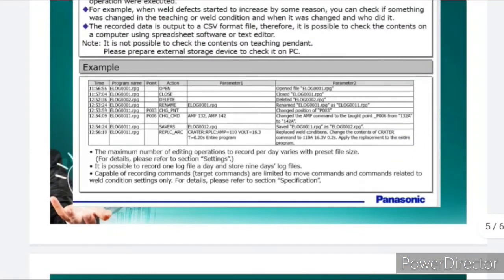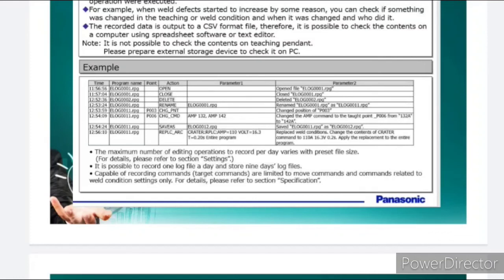As an example, the time is 11:56:56. Program name is ELOG001 and action: open, close, delete, rename, and these are the actions. Parameter 1 and parameter 2. The maximum number of editing operations to record per day varies with the preset file size. For details, please refer to the settings section.